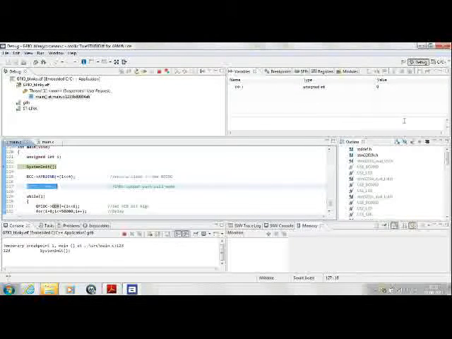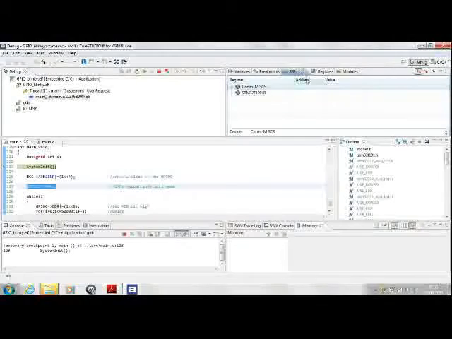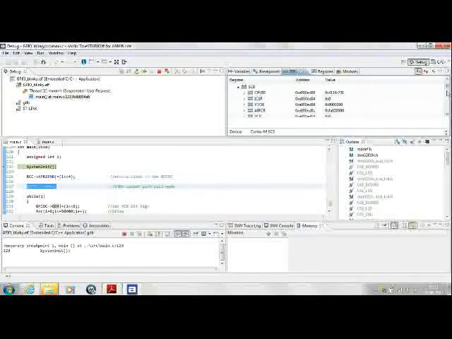So this is the main window. The second window that needs to be of concern right now is the window that monitors the values at real time available with the microcontroller. Go to the SFRs, that is the special function registers. These are the registers available with the CPU itself.